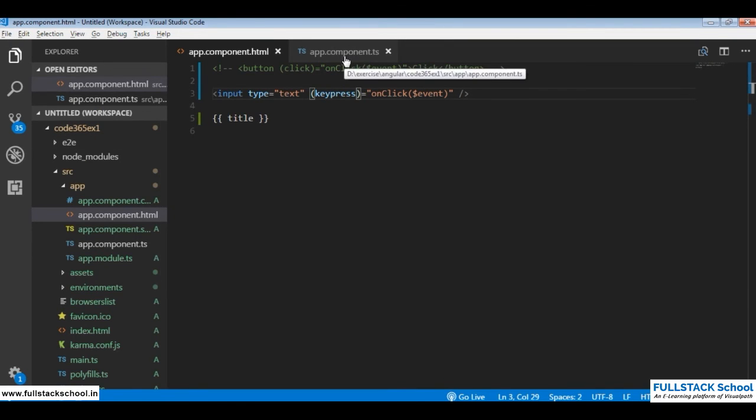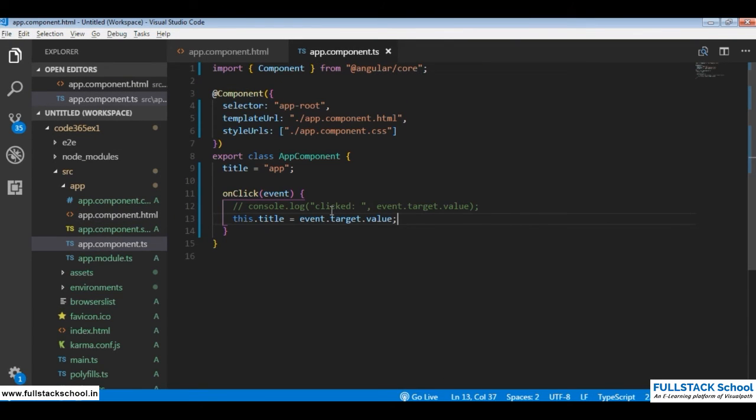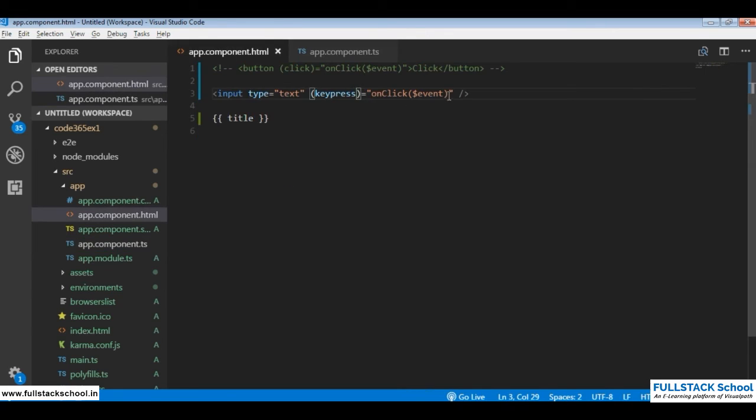To perform two-way data binding, Angular gives a better way, which is called ngModel. When I use ngModel, which combines both event and property binding, you say ngModel equal to the property title.